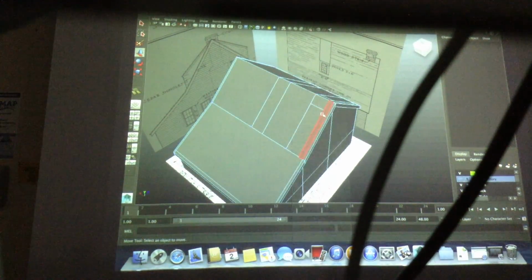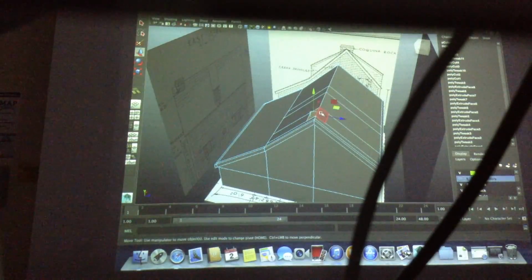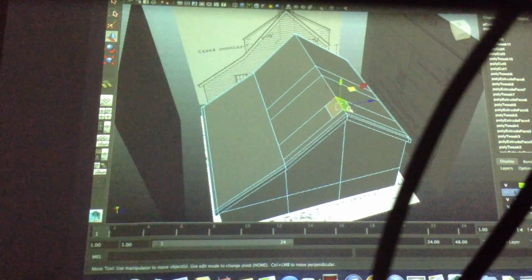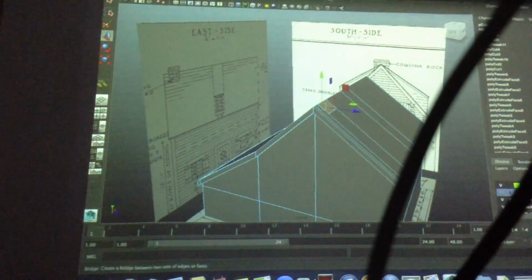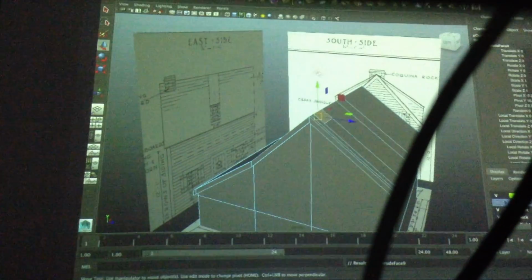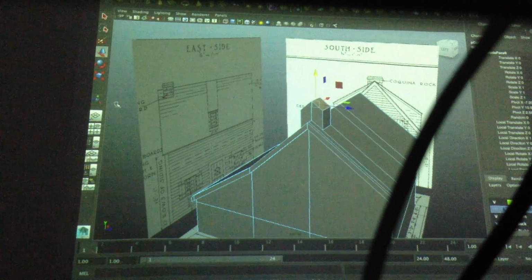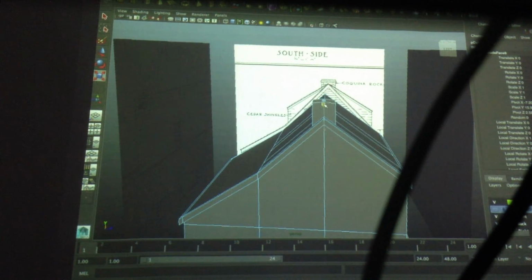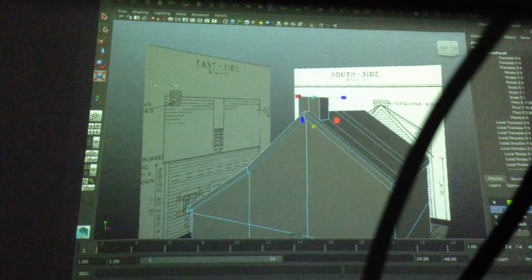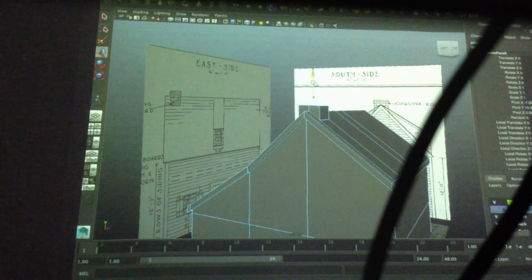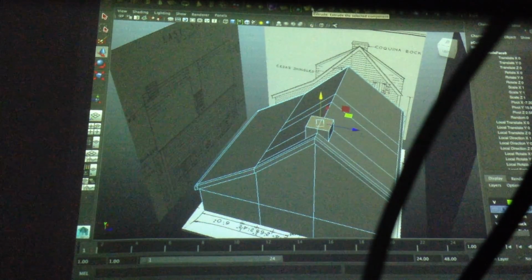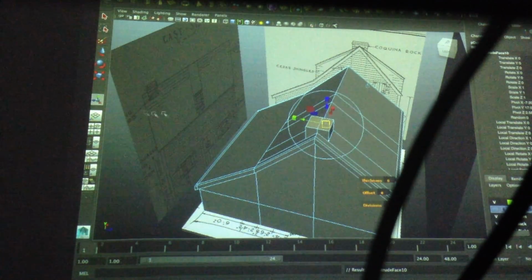Then what I do to create the chimney is I do this. Select both of these faces. Hit extrude. Go to my move tool, move it up. Down a bit, just off the side. So what I'm going to do again is hit extrude again,